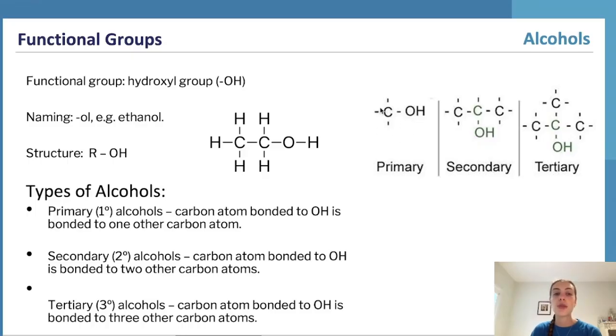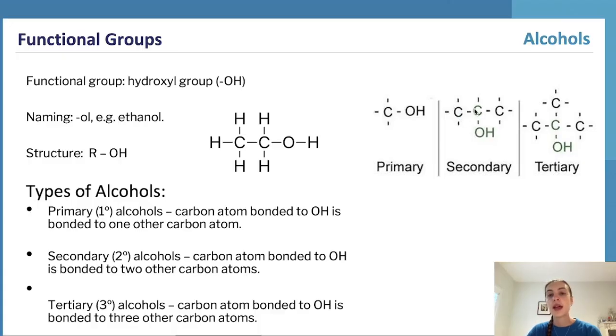Ethanol would also be a primary alcohol, as we can see that the carbon atom which is bonded to the hydroxyl group is only bonded to one other carbon atom. Next, we can look at the secondary alcohols, where the carbon atom bonded to the hydroxyl group is bonded to two other carbon atoms. So an example of this would be something like this one here, which would be